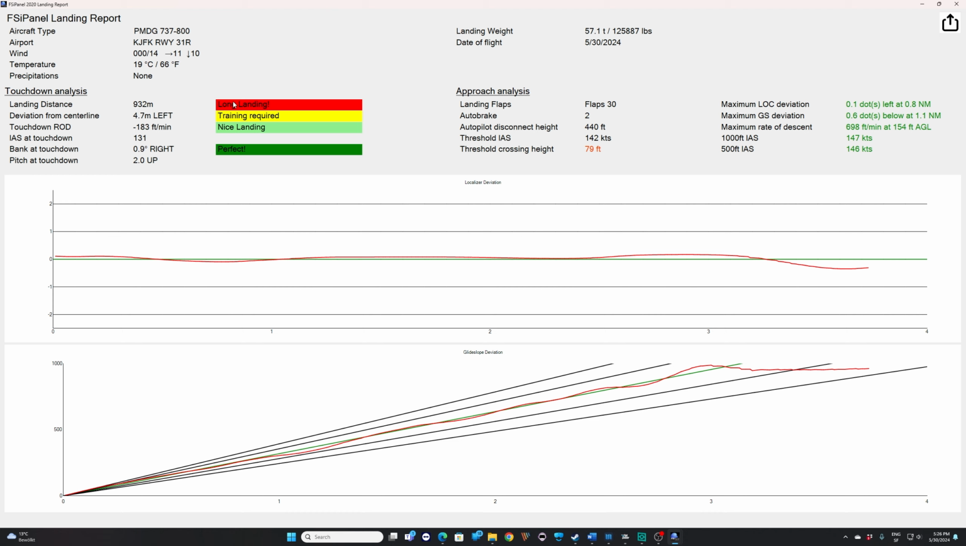So we have a long landing here, and I'm slightly left of center line. Otherwise, the rate of descent was okay, and the rest was okay. So this is a way to know where you have to work. And we did that on purpose, but that's good to know how to work on your landing. Then you have the landing weight, you have the date of the flight, and there you can see some information